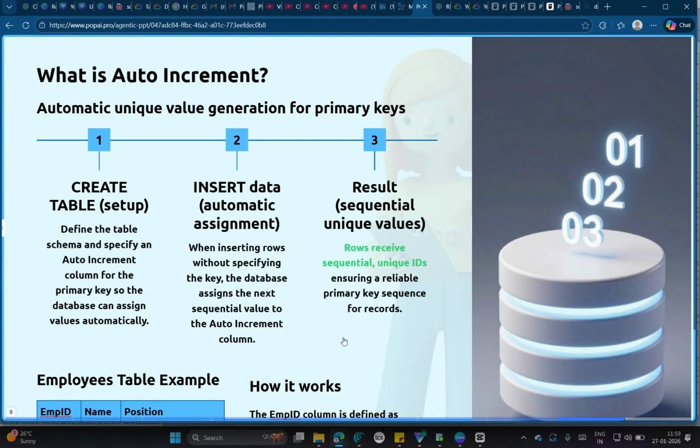Now let's see what is auto increment, the 25th question. Auto increment automatically generates a unique number for each new row. It is commonly used with a primary key. Okay, let's see, for suppose